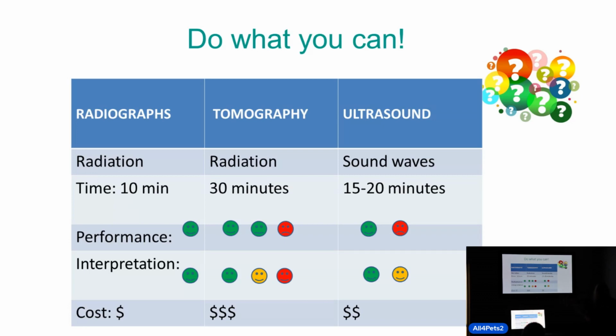I have to choose the ultrasound to help me. Sometimes I don't see the fractures inside the skull, so I have to decide if the owner wants to do surgery or not. So I have to do CT too. This is something important that we have to explain to the owner too. Sometimes I need both to do a better diagnostic for your dog, for your cat, and to